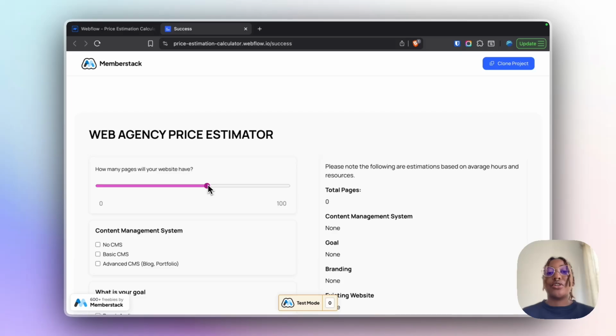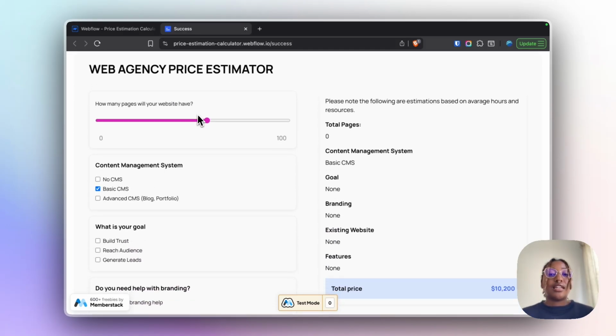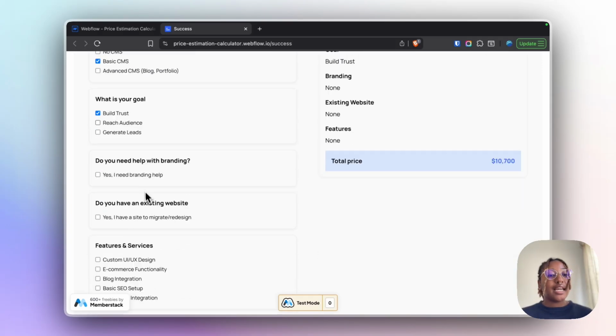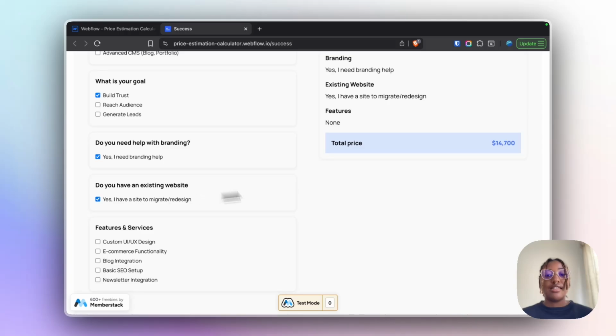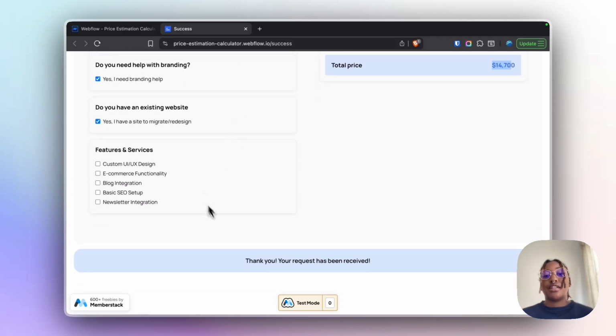In this video, I'm going to show you how to build a dynamic price calculator inside of Webflow. Here we've got a simple interface with a combination of checkboxes and sliders. Every time I make a selection like this, the total instantly updates, also showing a live summary over here. And all this information is saved in hidden input fields and ready to submit to your backend or to your